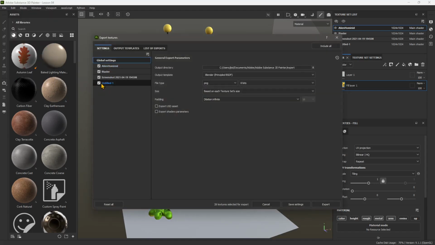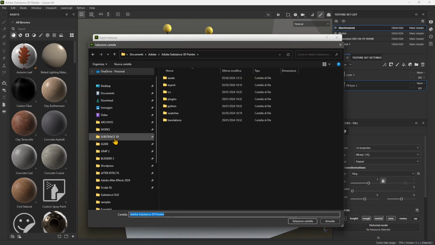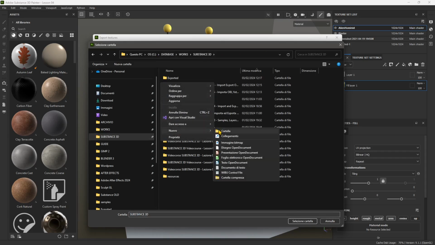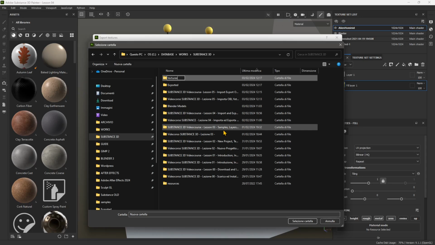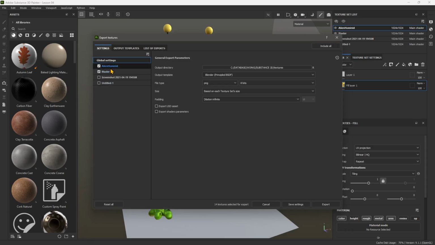When you export the textures, you can choose which textures you want to export, and you can define a folder here. So I will select a specific folder, otherwise they're going to go into a default folder. I'm going to call this textures, and I'm going to export them here. I can choose which model textures I want to export. And then the output template: if I'm going to use Blender, I'm going to choose Blender. Otherwise, you have other settings like for Arnold in 3ds Max, or you have Corona or Cinema 4D,